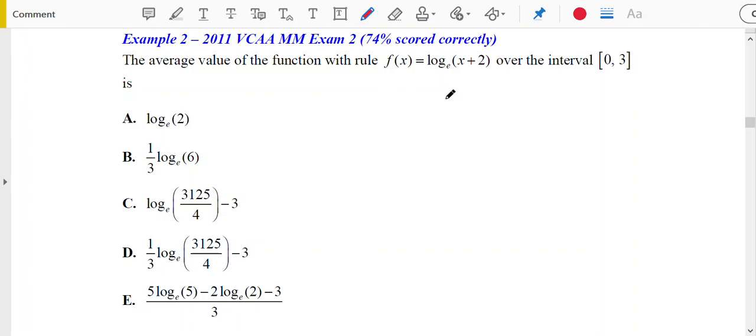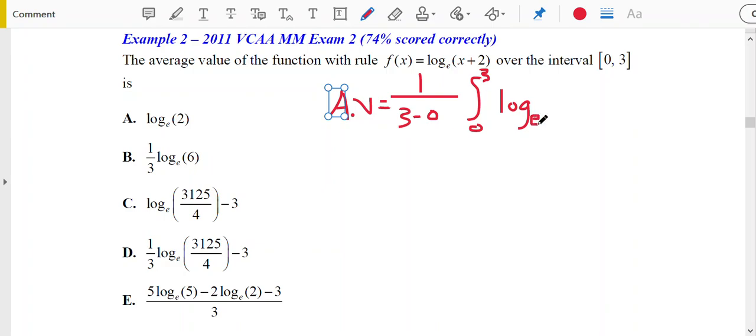So we just input all the information into the formula. So the average value equals 1 divided by b minus a. So the b is 3, take away 0, multiplied by the definite integral from 0 to 3 of the function, which is log e of x plus 2